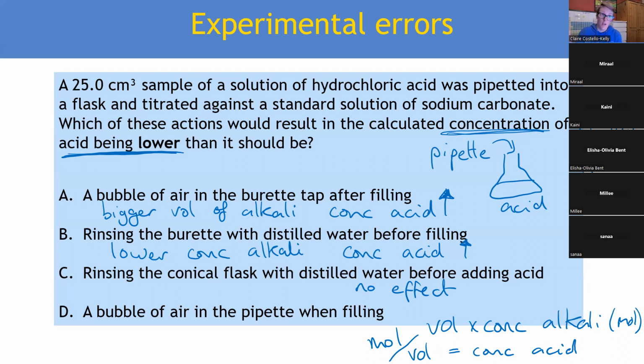So if there was alkali in the conical flask, that would be a problem because it would use up the acid and that would change the concentration of the acid and change the moles, more importantly. But it's the moles in the flask that's important, not the concentration. However, that pipette, it's really important that I have exactly the right volume because that's going here in my calculation. That is going in. So that is my answer. That was a real conceptual workout